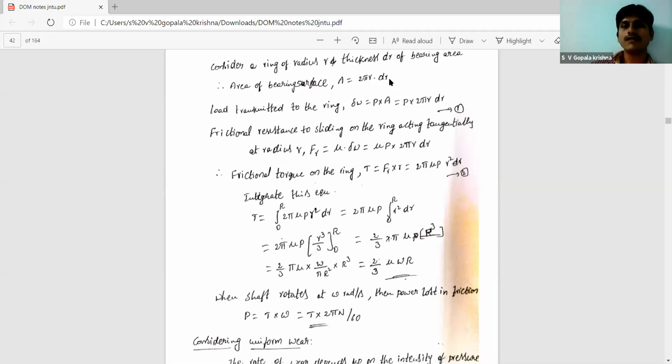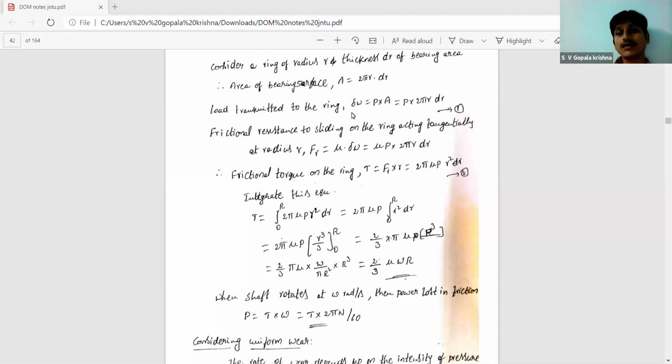When they find the ring pressure and ring torque value, they can also calculate the total torque value. That's why they also consider the load transmitted to the ring. From the load point of view, how do we find the load value? The pressure formula is already there: P equals W by A. Similarly, we take del W equals del W.